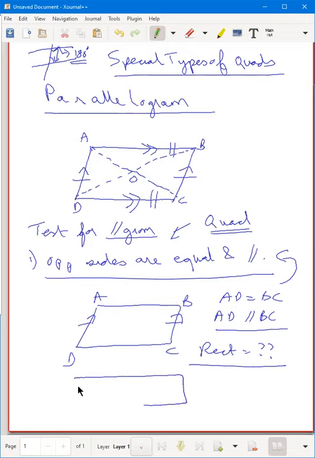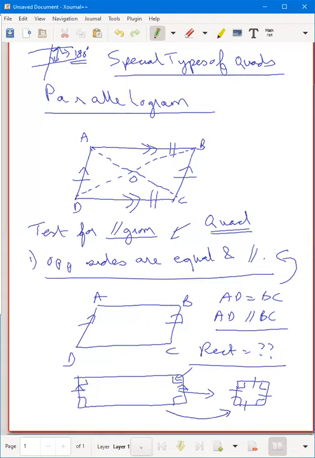No. Why? Because in rectangles, we know that the vertices are 90 degrees. Even though the opposite sides are equal and parallel, that is not a proof for a rectangle. For a rectangle, the proof is that all the angles measure 90 degrees. This can then be extended to a square, because a square also has 90 degrees. But what is the additional condition for a square? All the sides are equal. So every rectangle which has its sides equal will become a square.